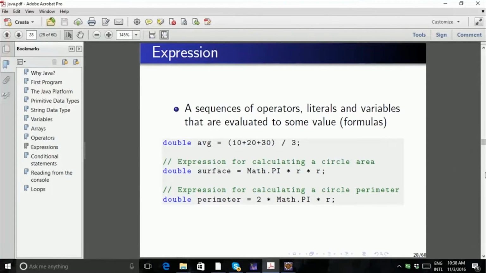Expressions. An expression is a sequence of operations, many operations and literal values, that are evaluated to some value. Like this is an expression: 10 plus 20 plus 30 divided by 3, and we put parentheses. Here is an expression for calculating the area of a circle. This is defined P